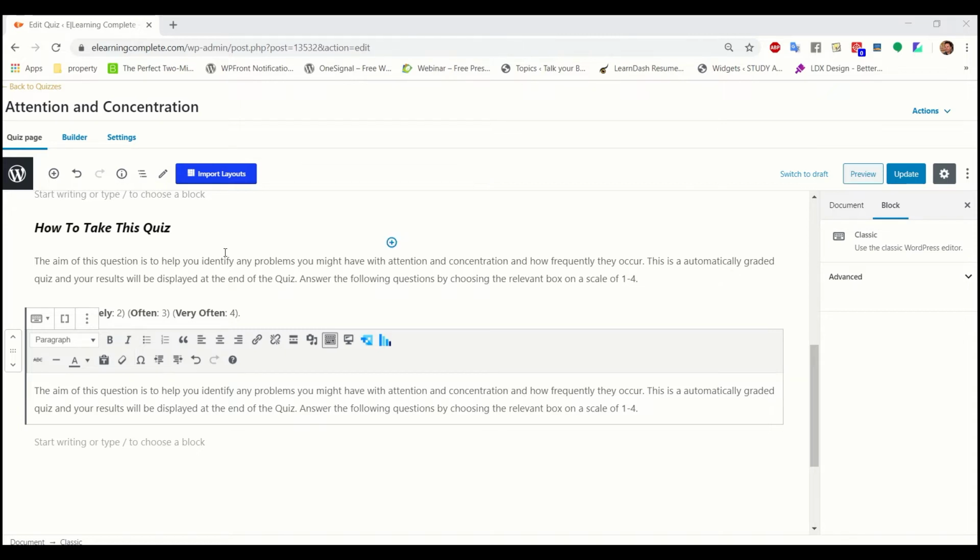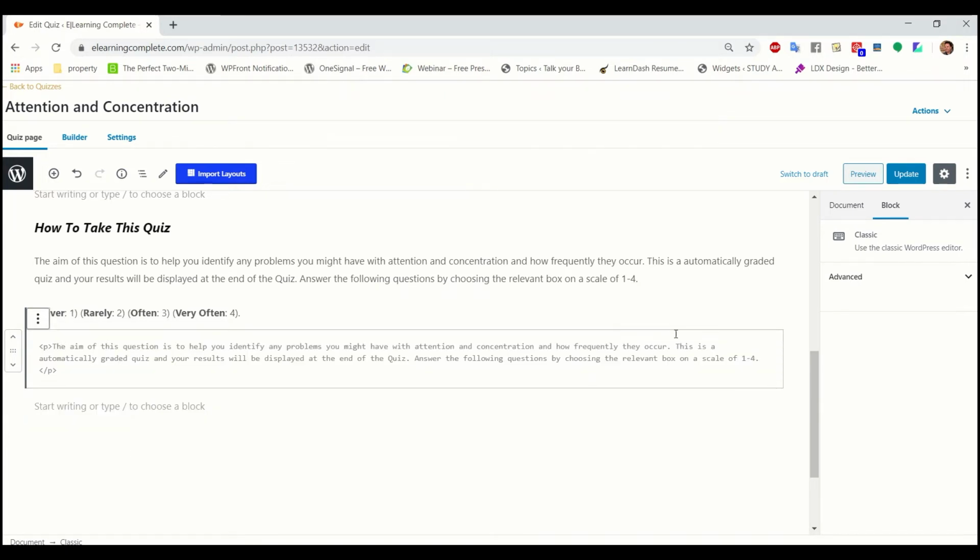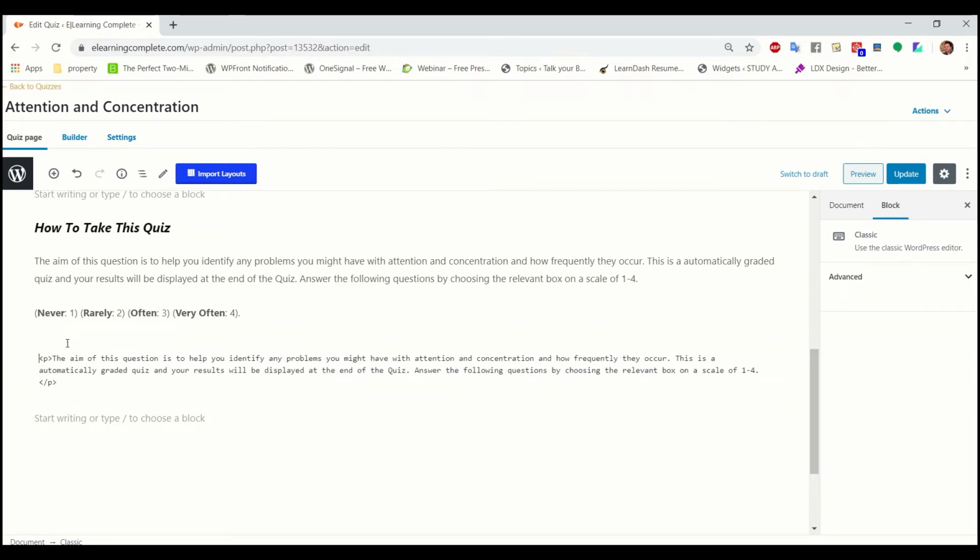Let me show you an example. So here we have the classic editor, and here we have some content. And so now we need to switch to the HTML view. So if I go to edit as HTML, we can see the HTML of this content. And just for fun, I'm just going to enter a new line, and I've already copied and pasted this bit of text, and you have to add div, and so that's the opening of the div, and you have to add this class equals